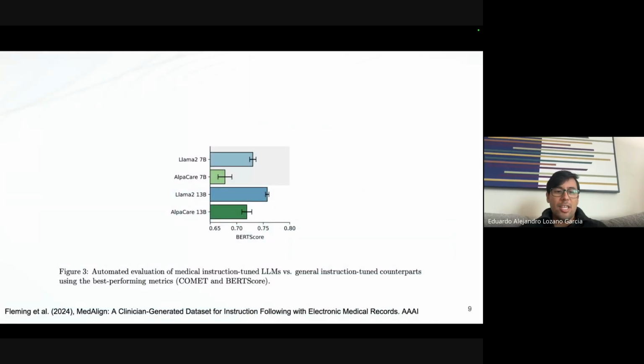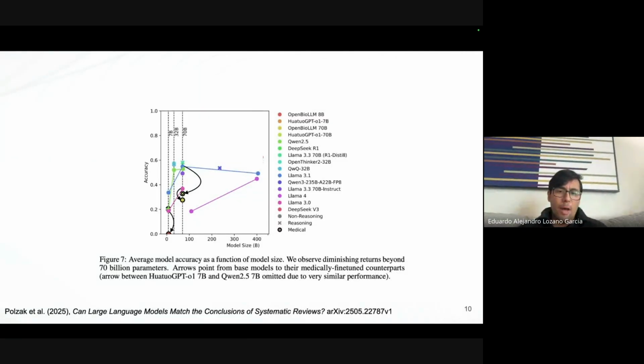So it's not surprising that early on, working with large language models, I was able to characterize a similar gap, though not systematically, but with some tasks. I was able to see that the base models would actually perform better than the medical fine-tuned models when evaluated in real clinical tasks, such as Metaline, a paper published last year. And more recently, we've also seen that behavior in other tasks we've proposed, such as matching the conclusions of medical systematic reviews.